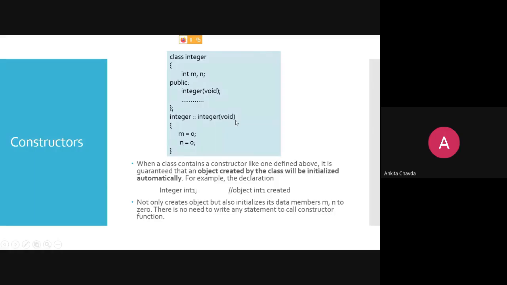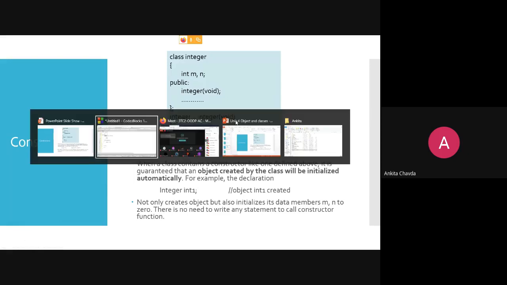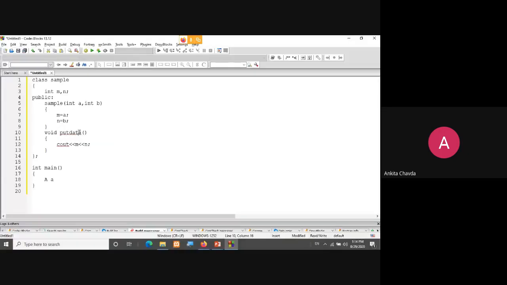This is the constructor they have defined outside of the class. So how can I write my function outside of the class? Say suppose this is my void putdata, that is my function. If I want to write this function outside of the class, how can I write it? I just need to add the class label.